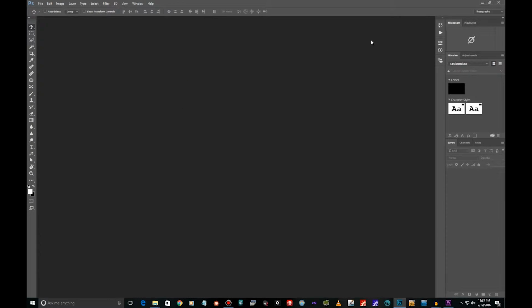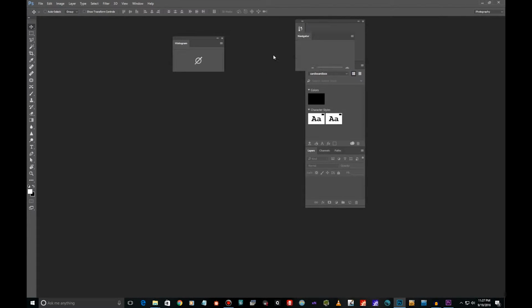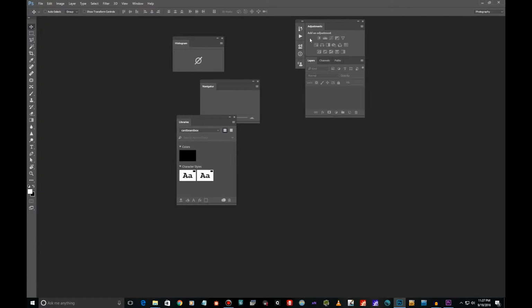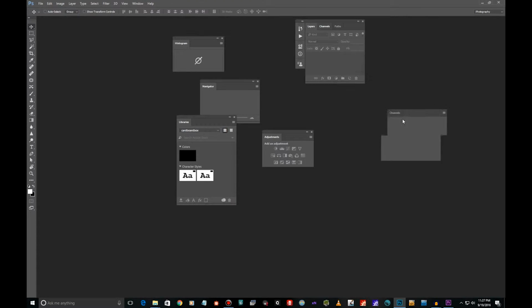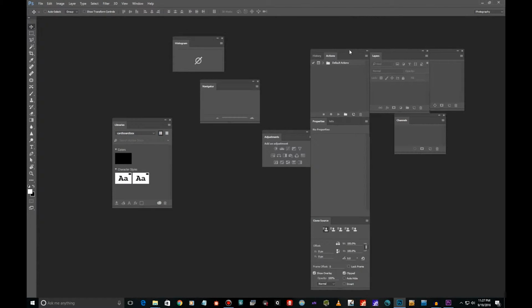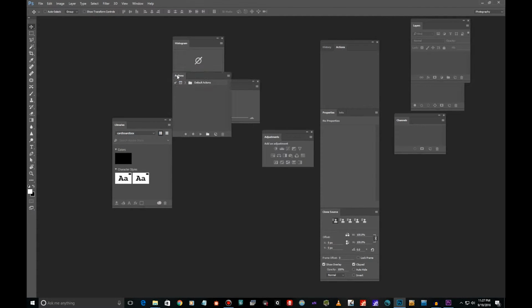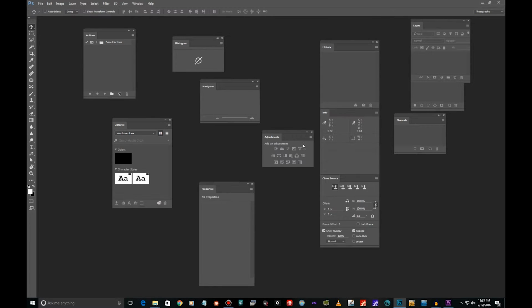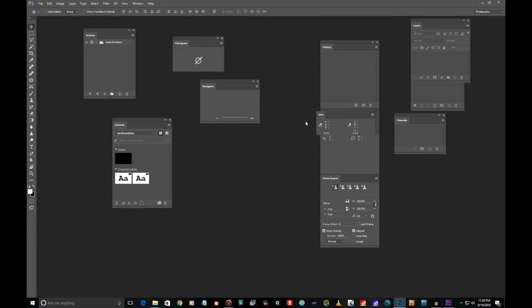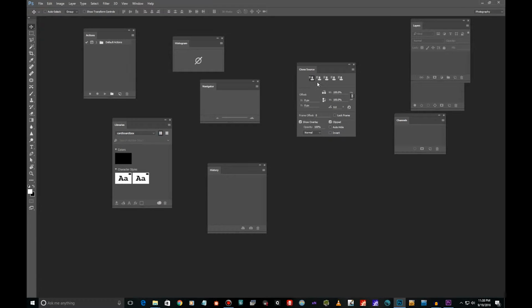So let's get started. So I just drag these guys out here and I break this guy apart, and I almost don't use so many of them. I normally use layers a lot. So I'm going to do it like this. So get rid of, maybe I can drag this guy here, and actions. I don't like properties, adjustments. I don't really even use the info that much. History, yes, that's what I need, and close also.